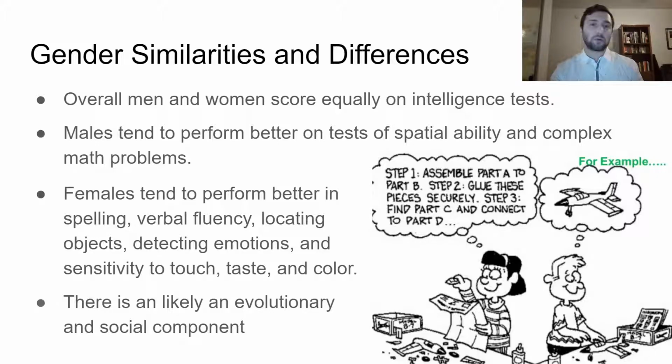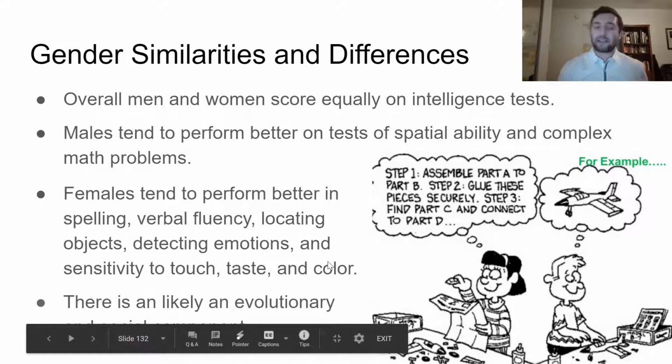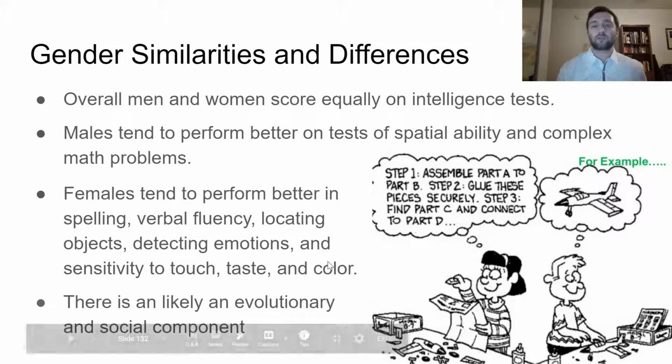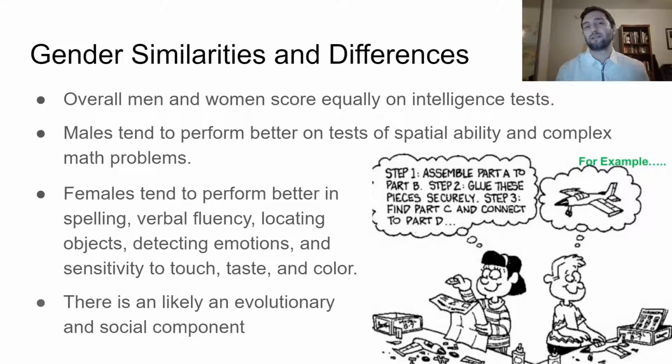So that may have been really building spatial abilities, where if in that same community the women were staying home and they were more in a group setting, right? Whether they're caring for children or foraging or cooking or putting together clothing or shelter, they would have been doing more social activities. And again, if we're doing more social activities over thousands and thousands of years, we might be building these different things like verbal fluency, detecting emotions, and those kinds of things. So there are some different ideas, at least, to explain why we see these differences.